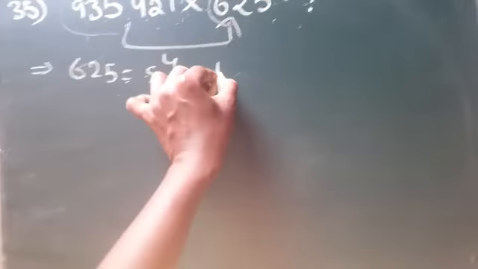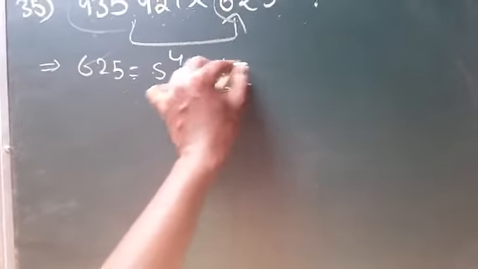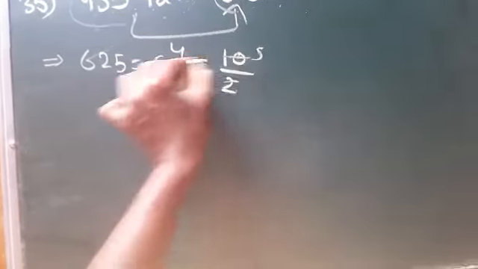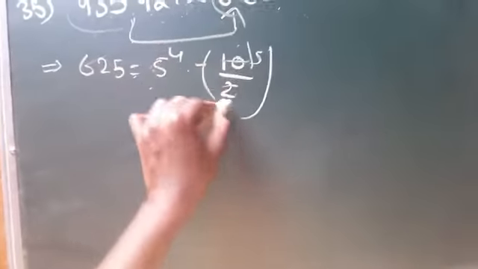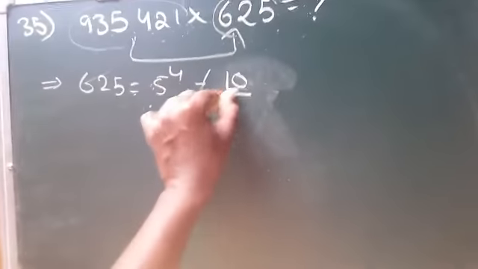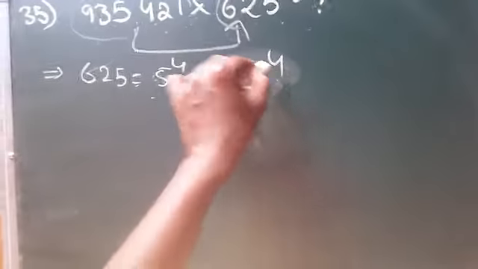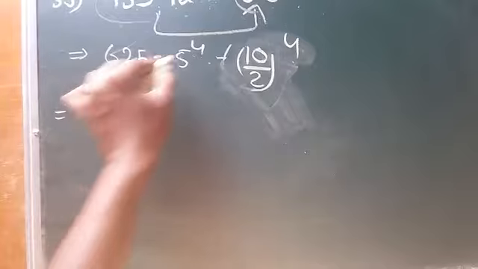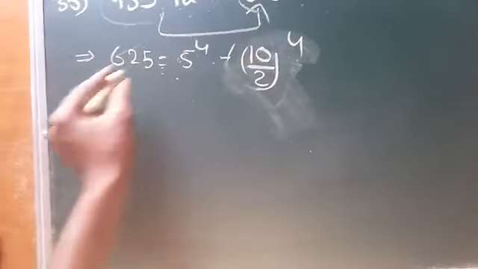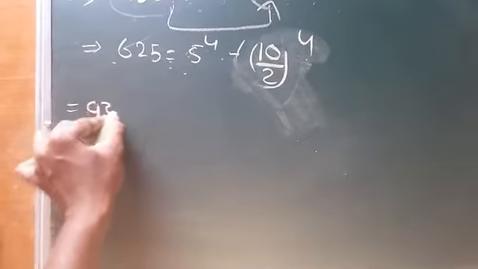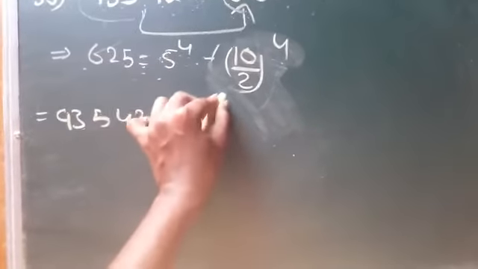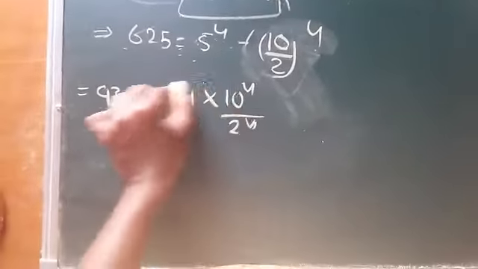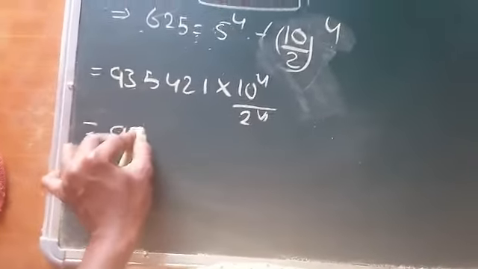And again 5 can be written as 10 by 2. That means 2 5s are 10, so again you will get the same thing, 5. So if you replace 5 power 4 with (10 by 2) whole power 4, you will get the same thing, 625, right? So let us replace 625 with 10 power 4 by 2 power 4. 935421 into 10 power 4 by 2 power 4. When you multiply these two, you will get